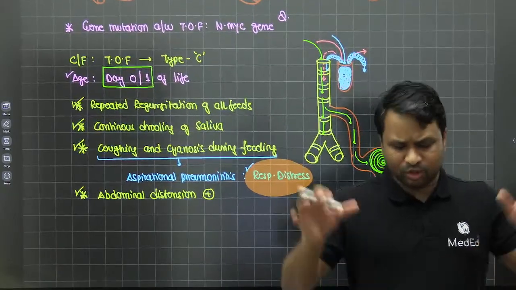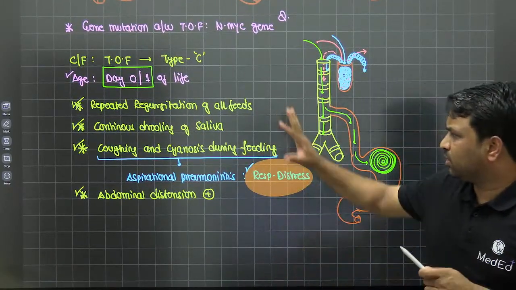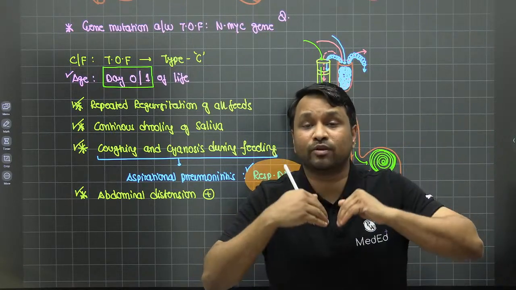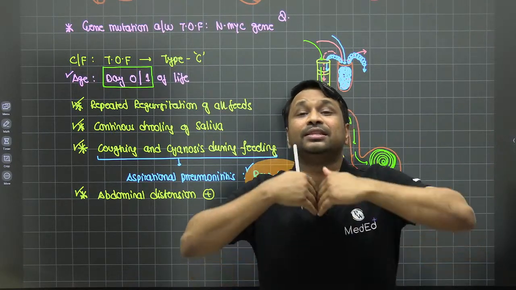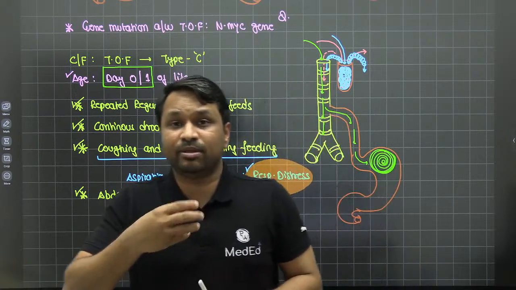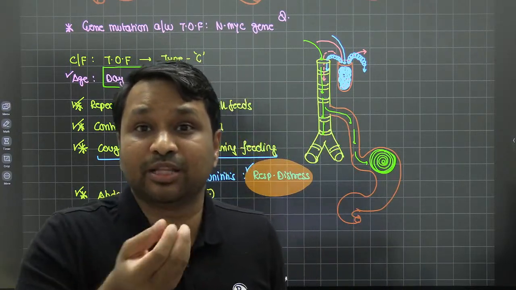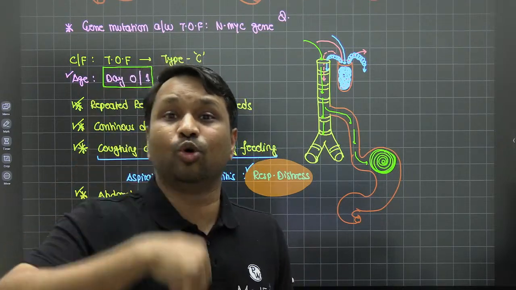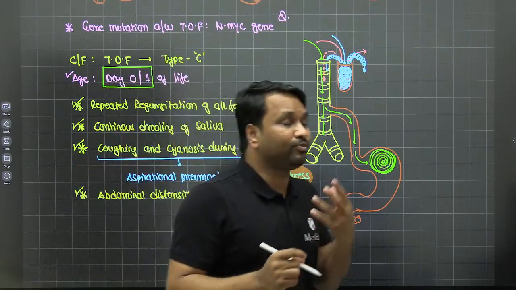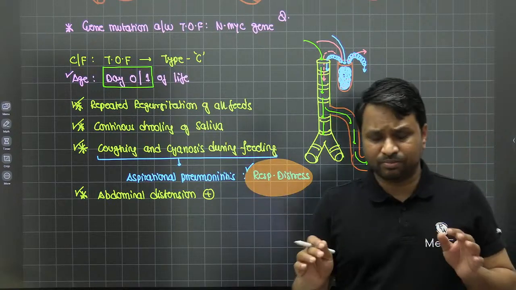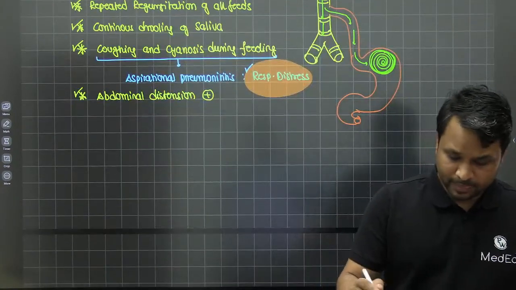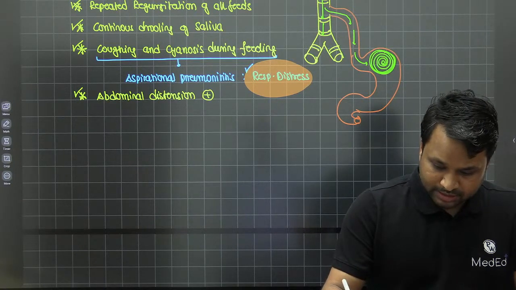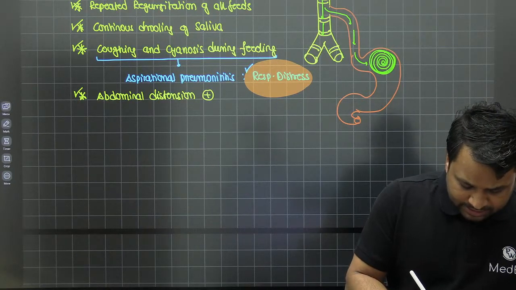Now, what is going to happen is, I'm not going to look for diagnosis. I have a day 0 baby with all these features. I know that the content is not moving down, right? There's some sort of an obstruction. I don't want every time the baby is throwing out the saliva, I know if it is coming into the mouth, it will go into the trachea as well. So my immediate thing is, I should not allow this saliva to go into the trachea. I can stop the feeds, but I cannot stop the salivary secretion. So in order to do that, as an immediate maneuver or an immediate step to counter these problems,